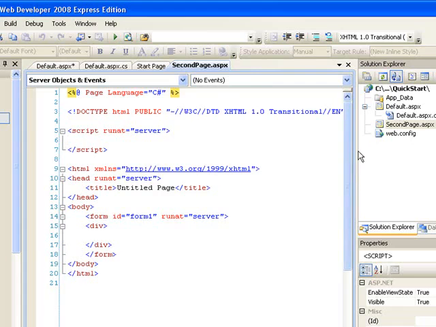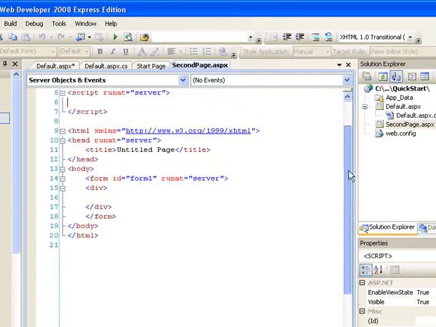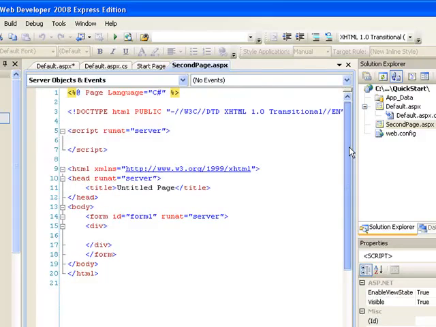So anyway, you want all your pages to have the same look, same feel, same color scheme. You want them to look very beautiful. So what you want to do is create a master page. And in order to create a master page,